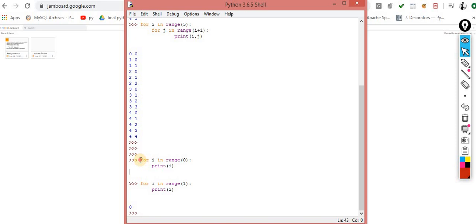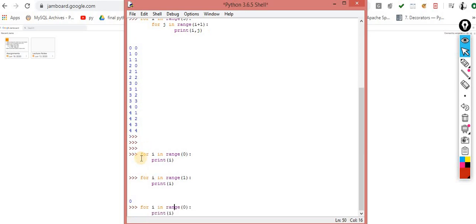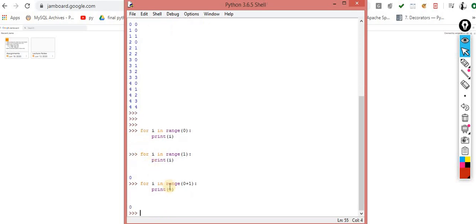So I am saying for I is equal to 0. It makes nothing, the sense is nothing over here. Now what minimum do I have to do for 1 iteration? For 1 iteration you have to add 1. That's it. Very simple. Now you can observe this scenario. 0 plus 1 is 1, and 1 means it will iterate for 0.